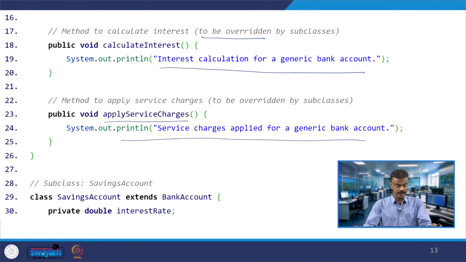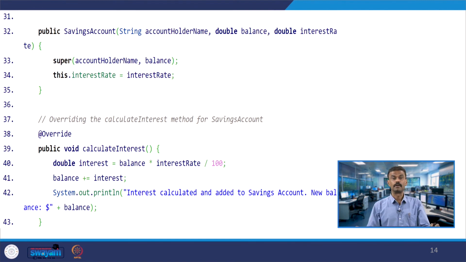Here you have class SavingsAccount with one private data member, interest rate. SavingsAccount is a subclass which is extending BankAccount. Then here you can see the constructor of SavingsAccount, a 3-argument constructor.